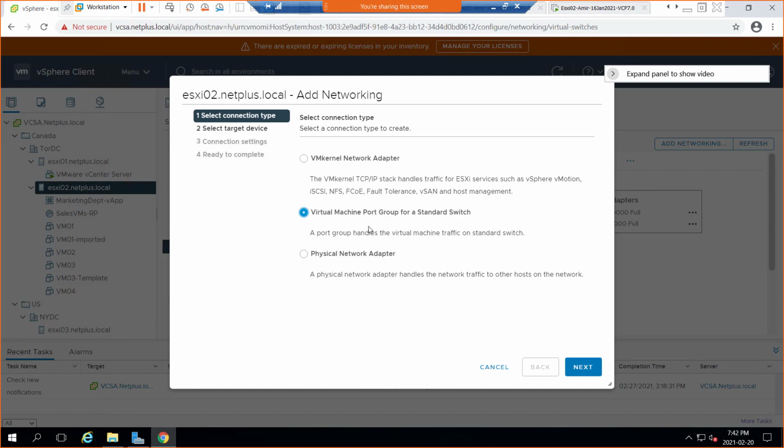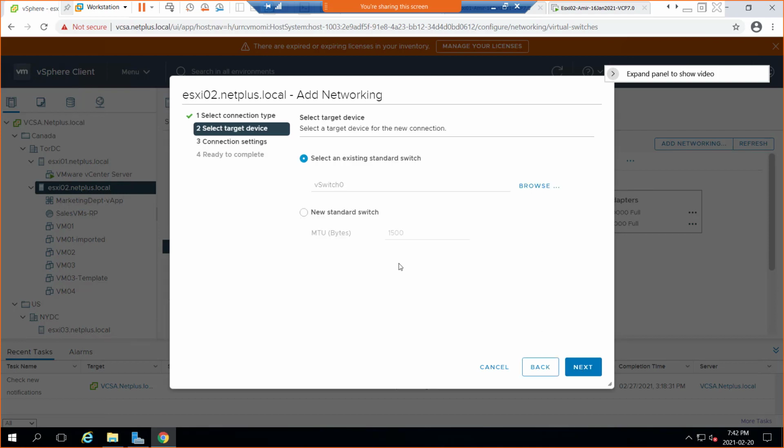Obviously, when you create a new standard switch, you have to create a port group. One port group is mandatory when you create a standard switch. So that's why they're saying, hey, you want to create a port group? Yeah. So in the process, we can create a new standard switch and attach that port group, or use a port group of that new standard switch. So I'm going to select this second one and click next. So that's where it's saying vSwitch 0, you want to still create a new port group in the existing switch. This time we're going to go for new standard switch, and the new standard switch here,